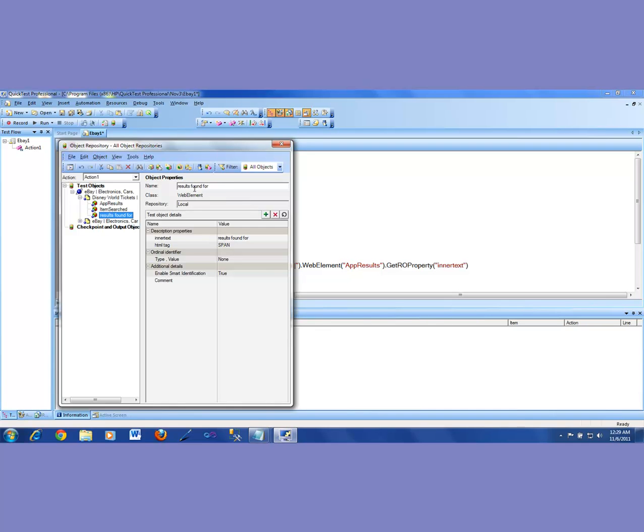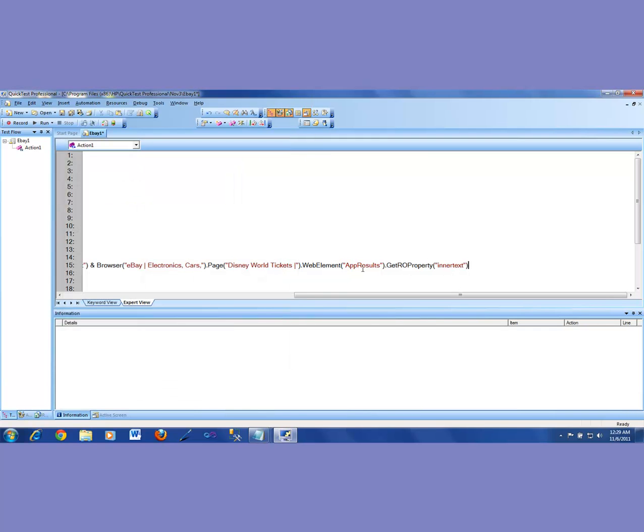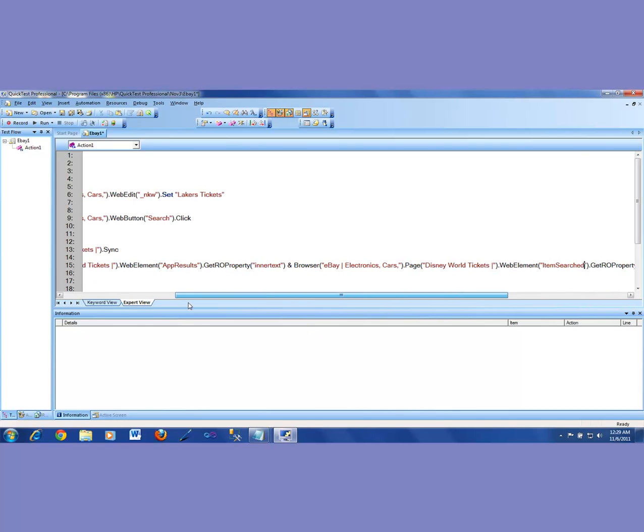I'm not even gonna do that. Let me just do the item search. Item search. So I'm just gonna take the item search and put here in place of this. I'm gonna put the item search. So what I'm doing here is I'm trying to get the app results, which is 2,187, and I will also get the item search, which is for the Yankee